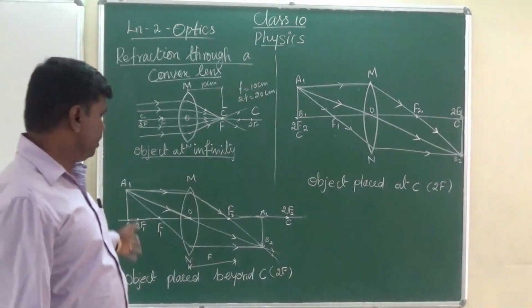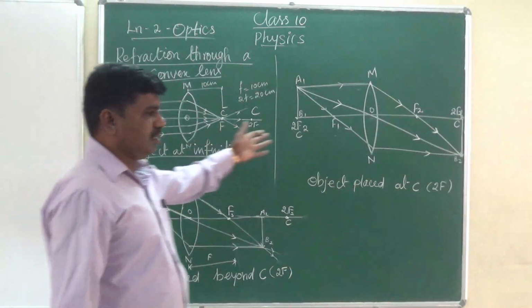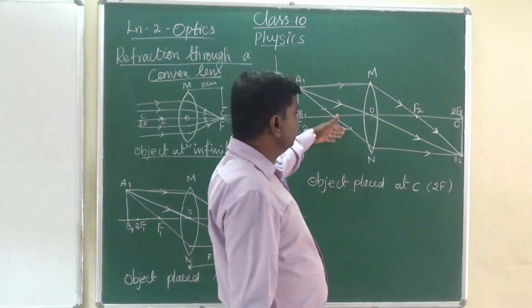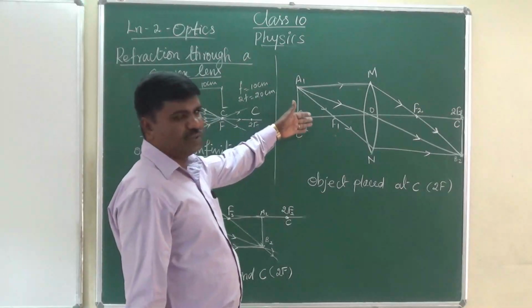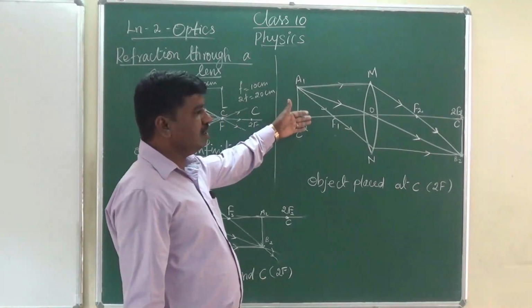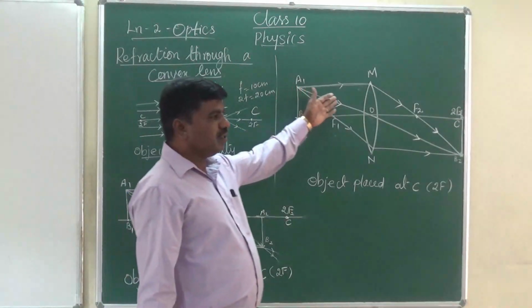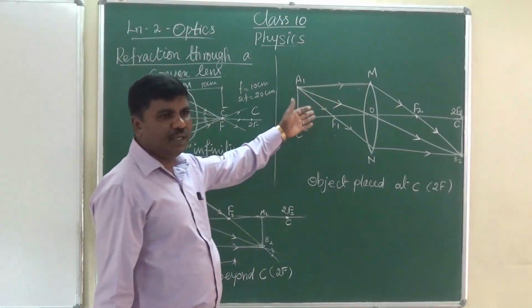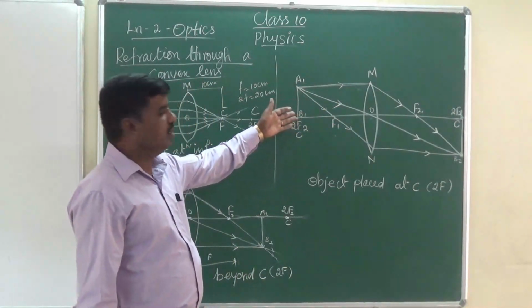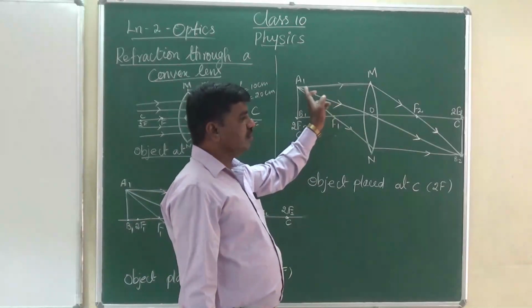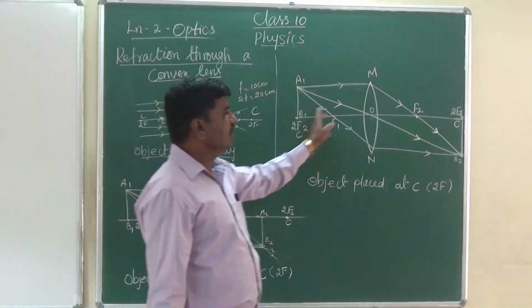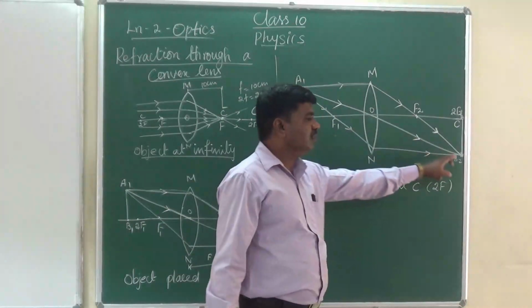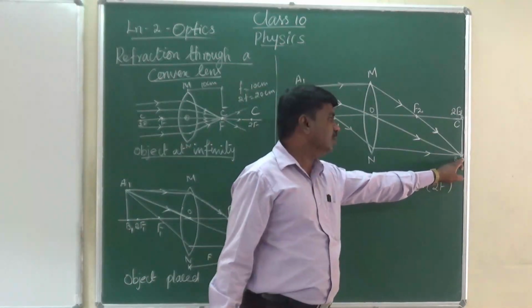Is it the same way? See now, it is related. It obeys the rules here, the third rule. Suppose rule 2, rule 1, all the rules are here, we are applying. So when the rays are parallel, at the distance 2f, then they hit the lens and go to the point 2f on the other side.